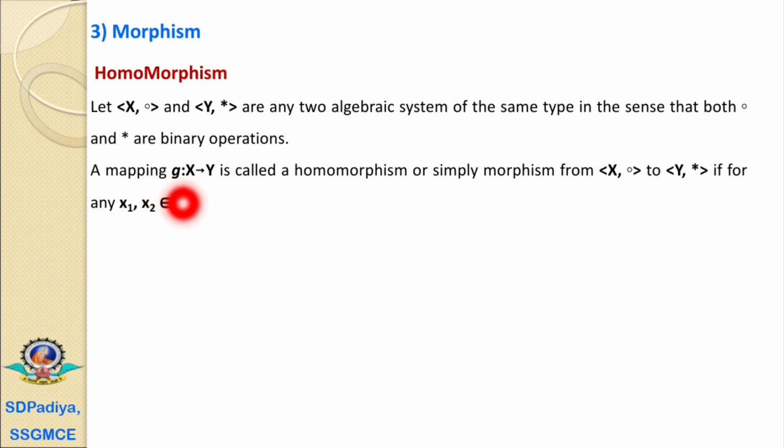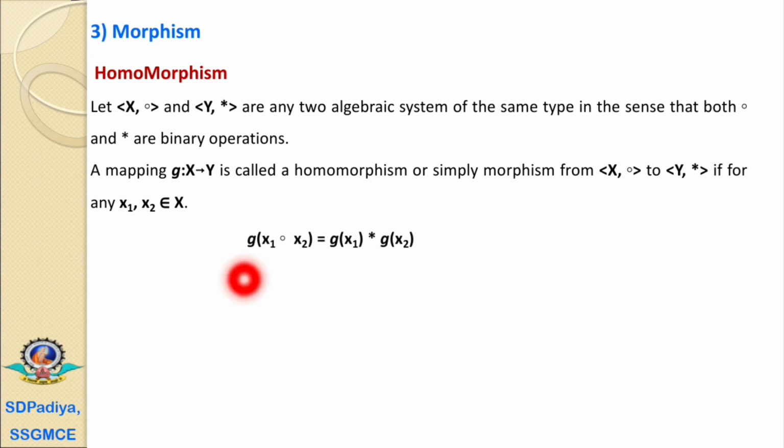A mapping G from X to Y is called a homomorphism, or simply a morphism from the first algebraic system X to the second algebraic system Y, if for any elements x1, x2 belonging to the set X,